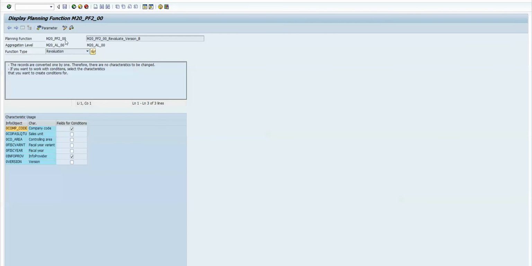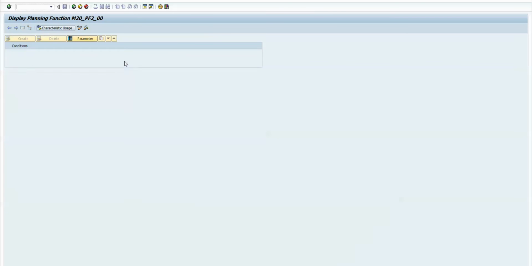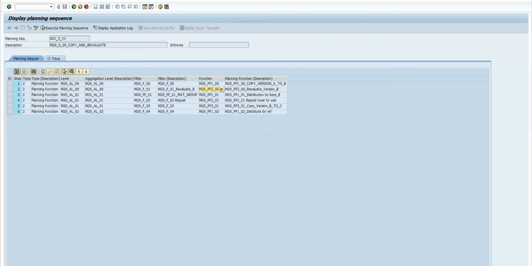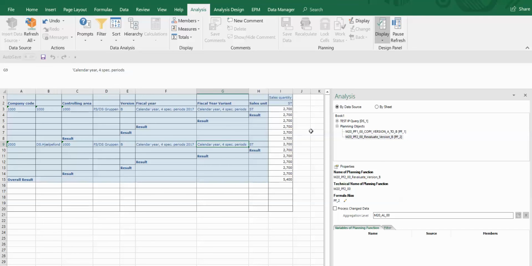planning function. We can see it is set as revaluation. Go to the parameter. Here we can see that the quantity value, the amount figure, is increased by 20% and the other one by 10%. What will be done here in this file? If I now execute this, this data will be increased by 20% and another one will be increased by 10%. So let me execute this. If I go and execute planning sequence,